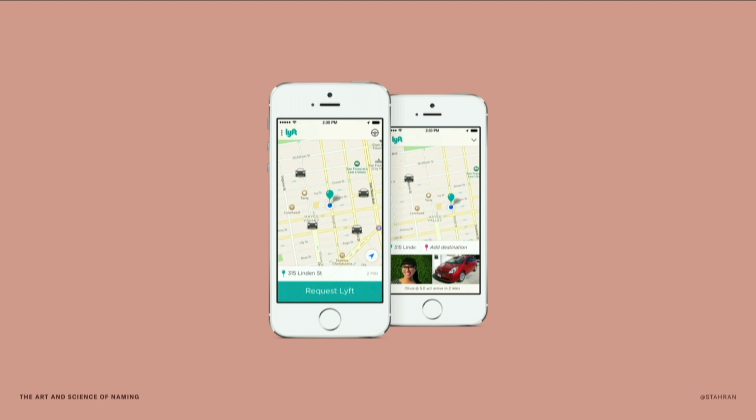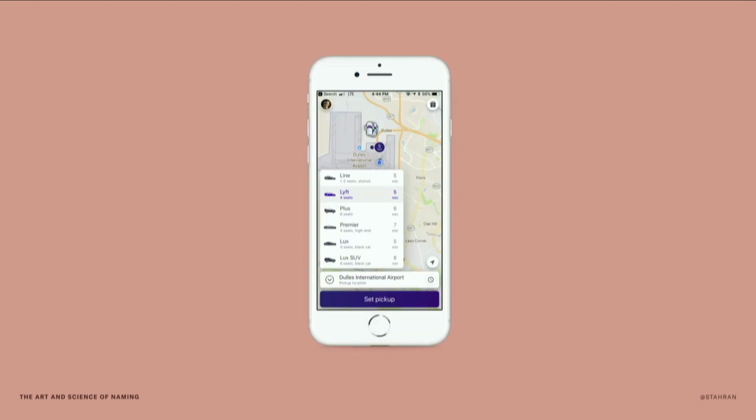Pretty simple. By the time I left the company about 4 years later, we had added, I think, around 7 different ways to ride. Depending on your city, you could request a car seat, a ski rack, a black car. Things got really complicated, and more importantly, the list in our app was getting really long, and new users didn't always understand things like if you requested something called a line ride, that meant that you would be sharing the car with other passengers. So we realized that we really needed to reassess our names,